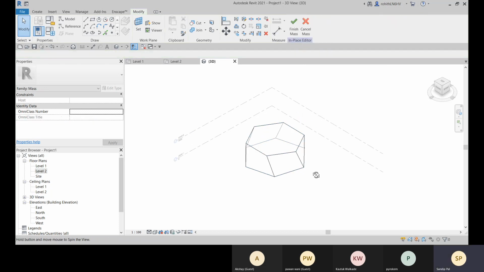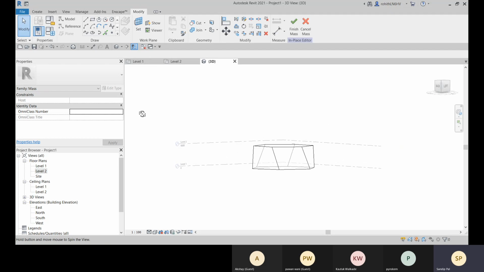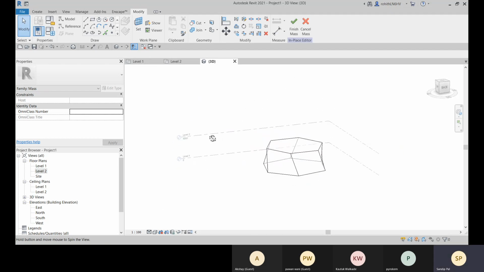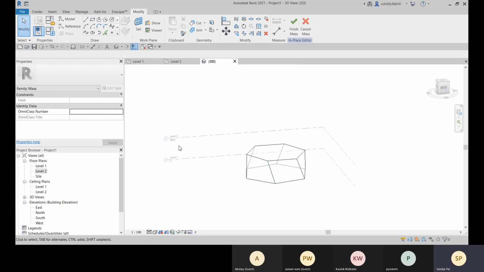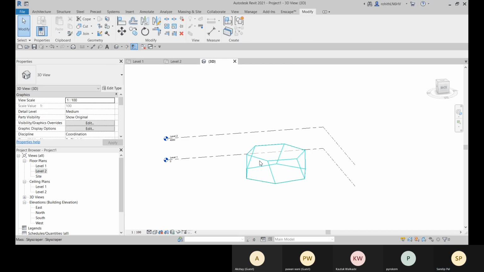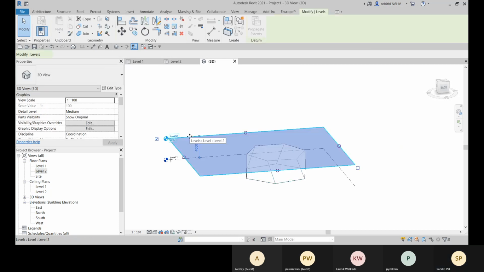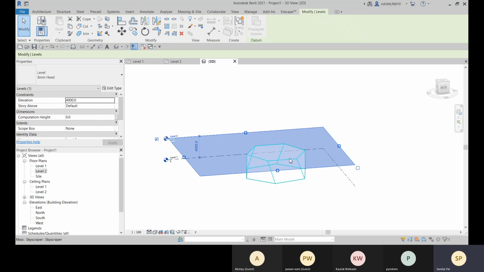And now you can see this twisted building is created. You can go for finish mass, and that is created. Now, as per this level, it is created. If you change the level height, let me change it to 15,000.